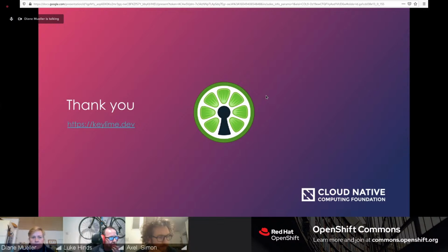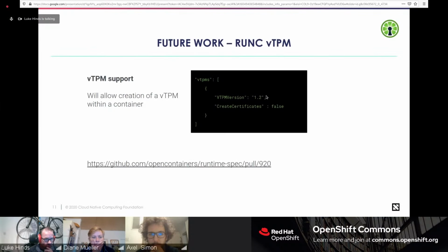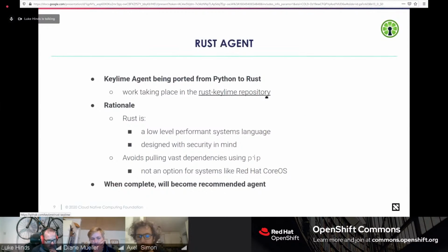Yeah, sure. CoreOS has a read-only nature. That's not to say you can't use rpm-ostree and so forth, but they also have a stripped-down version of Python. I can't remember the actual name, but I think it's System Python. Currently, the Python agent has a big list of dependencies that are pulled in. With Rust, it's statically linked. So when you compile it, all of your dependencies are in a single blob. That just means it's less disruptive to an OSTree-like operating system to have a single binary. So that's one of the reasons